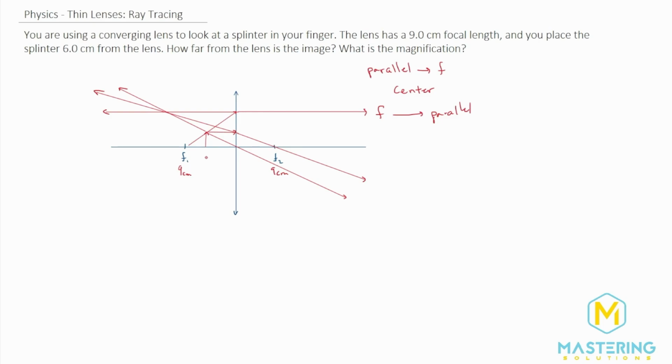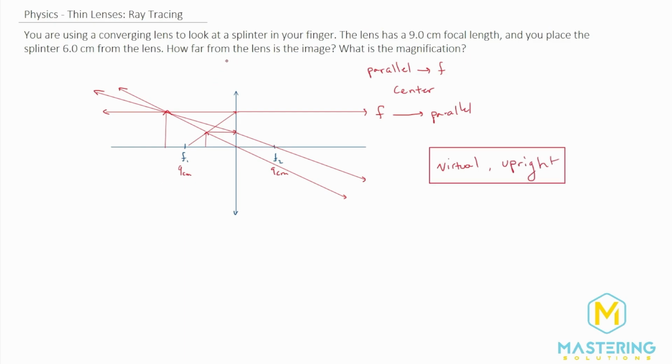As we've talked about on some of the previous problems, if we were to do this on graph paper and be very, very precise in our locations and our sizes and everything, you can be very accurate and get the exact same answer as if we were to calculate it mathematically. But this is good enough for here. So we have our image, and it is on the upstream side of the lens. So we have a virtual image, and that's of course going to be upright.